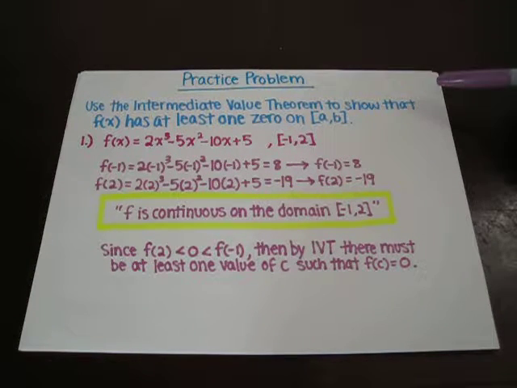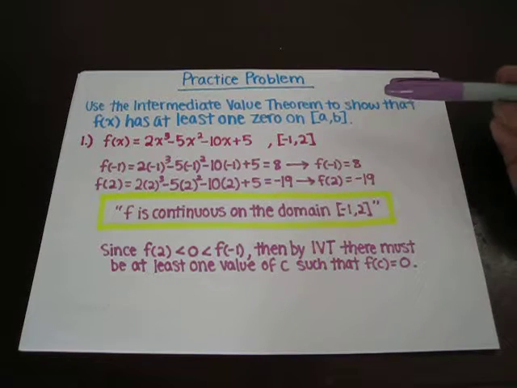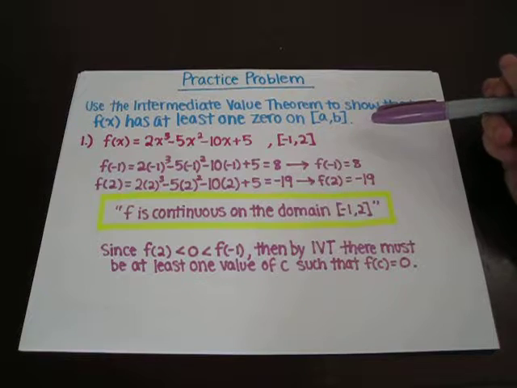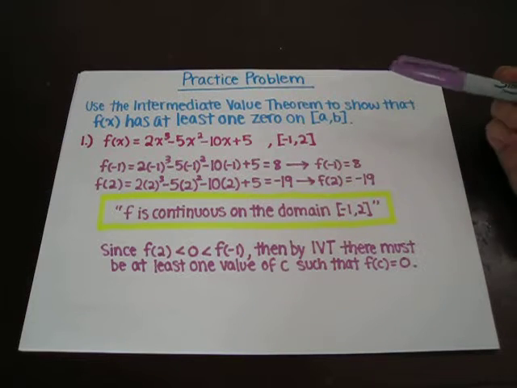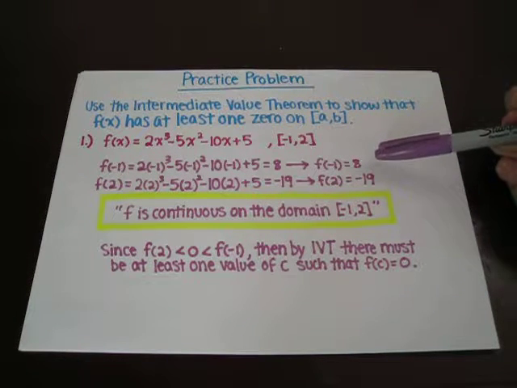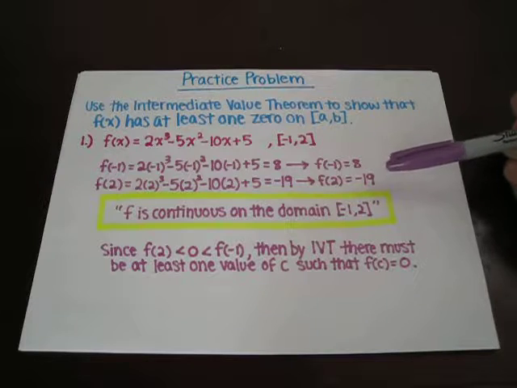Here's a practice problem, and these types of problems are common on quizzes, tests, and homework. Use the intermediate value theorem to show that f of x has at least one zero on the interval from a to b, and f of x equals 2x cubed minus 5x squared minus 10x plus 5 on the interval from -1 to 2. And so you would find f of -1, which is 8, and f of 2, which is -19,